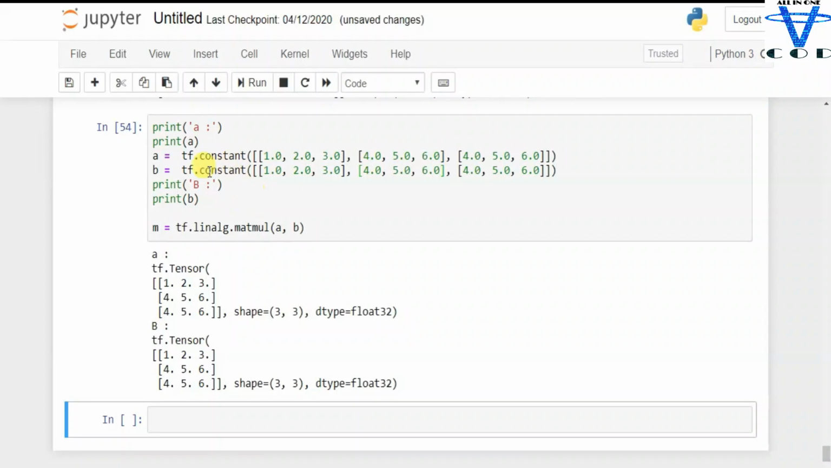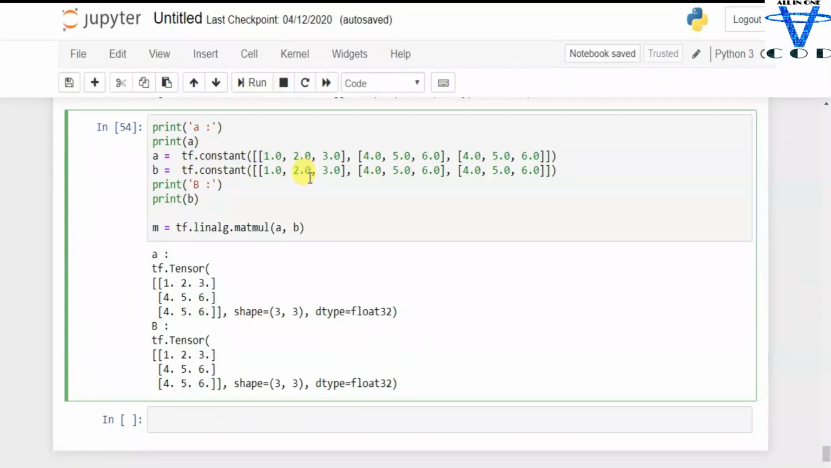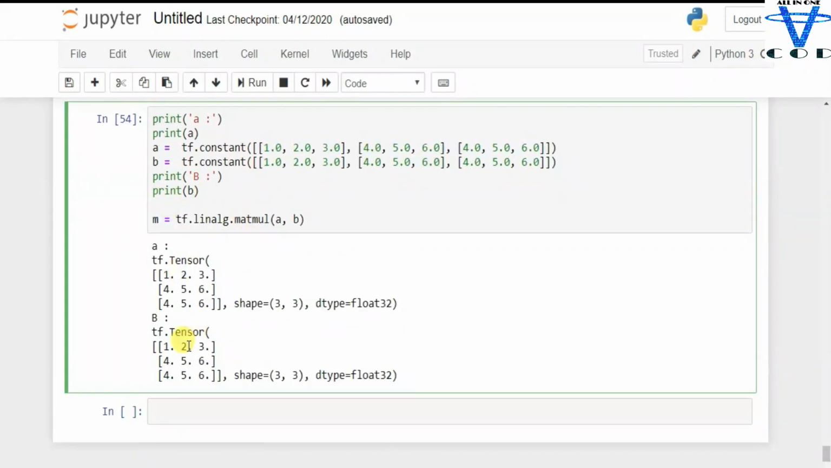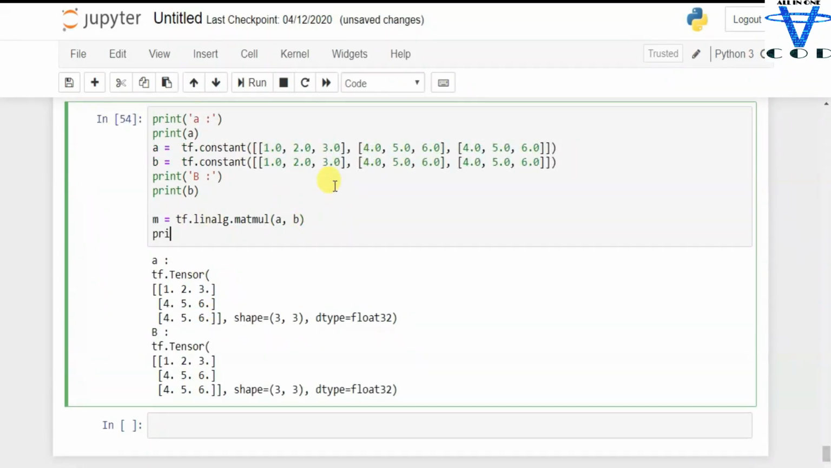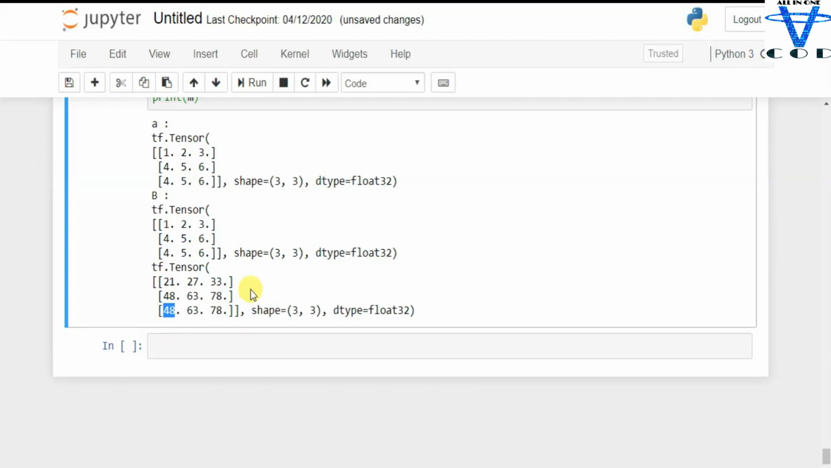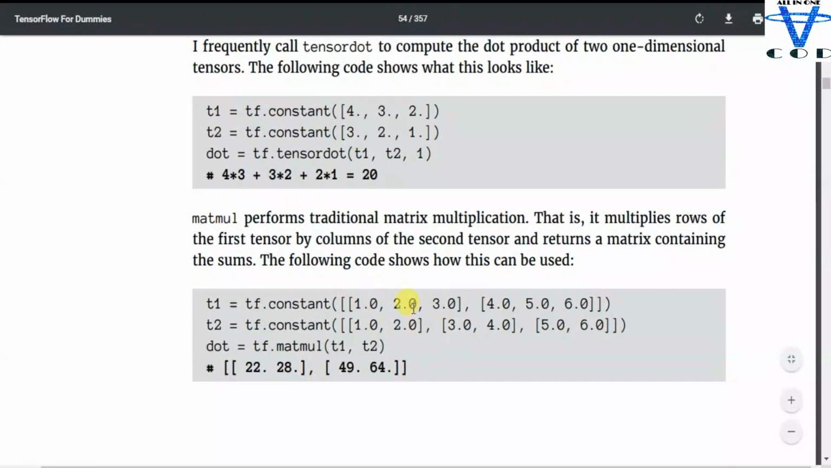Now you can see I create a constant A equal to tf.constant and pass the list [1, 2, 3], [4, 5, 6], [4, 5, 6], and B equal to [1, 2, 3], [4, 5, 6], and [4, 5, 6]. Now let's print the M again. You can see we got 21, 27, 33, 48, 63, 78 and 48, 63, 78. Okay, I think you got the point. It returns the multiply rows of the first tensor by column of the second tensor and returns a matrix